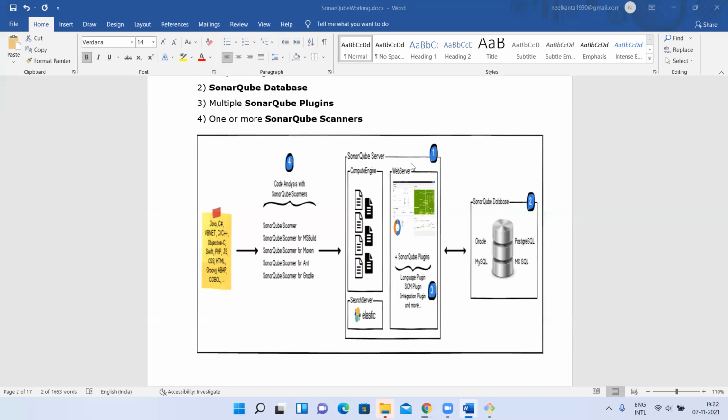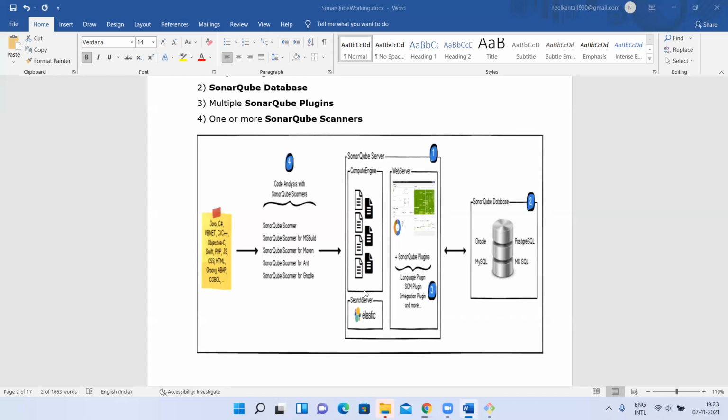I have explained application servers and web servers. Whenever you configure the SonarQube server, you get one web server, and with its help the server gives you a UI screen. We'll see this in detail.